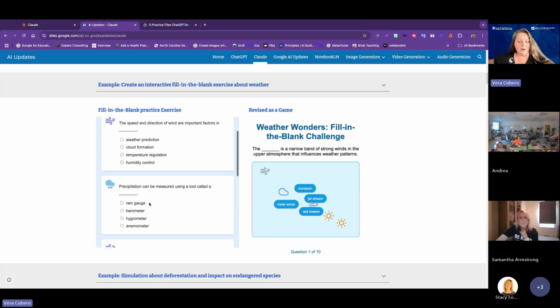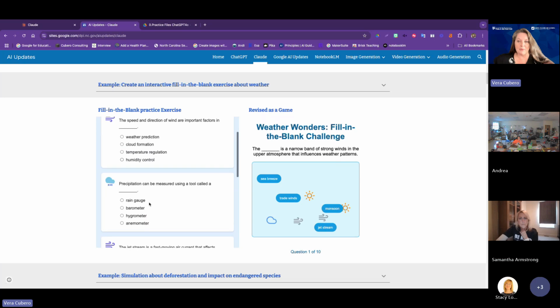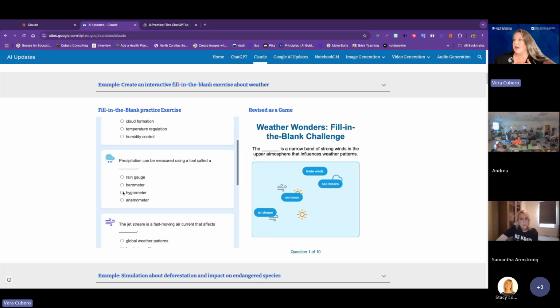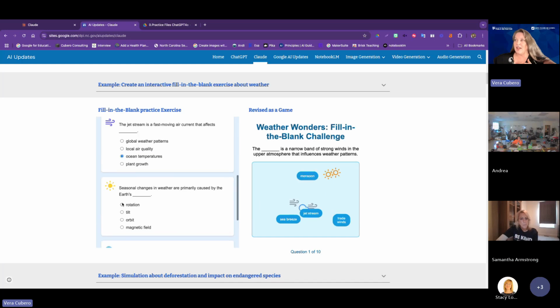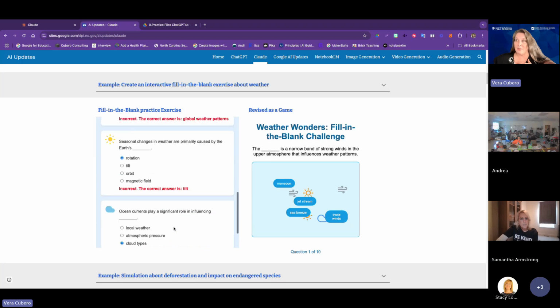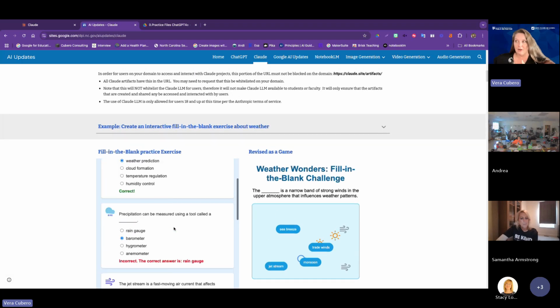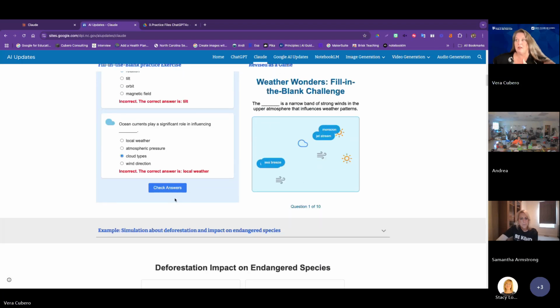And so it's actually interactive. I've asked for it in HTML embed code so I can embed it on my website. And so if I were a 5th grade student and I wanted to take this, I could go in here and I'm just going to click blindly, kind of, sort of, so that I'll miss a couple. So I can go here and actually answer these questions, and then I can have them checked, and I can see I did very badly, and I really need to study my weather facts. Okay, so it will actually live interact with a student or whoever,